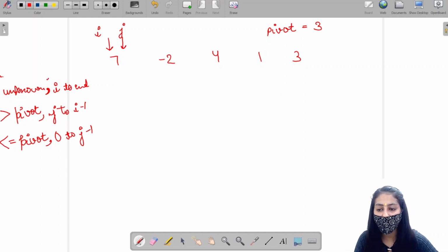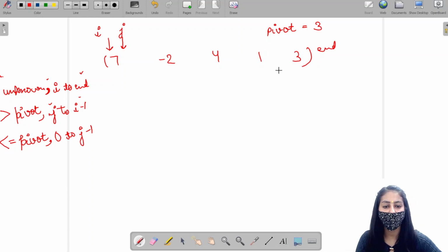Such that all the elements between i to end are unknown, all the elements between j to i minus 1 are greater than pivot, and all the elements between 0 to j minus 1 are less than or equal to pivot, right? So we can see that up till now all the elements from i to end are unknown. We haven't accessed any of these elements.